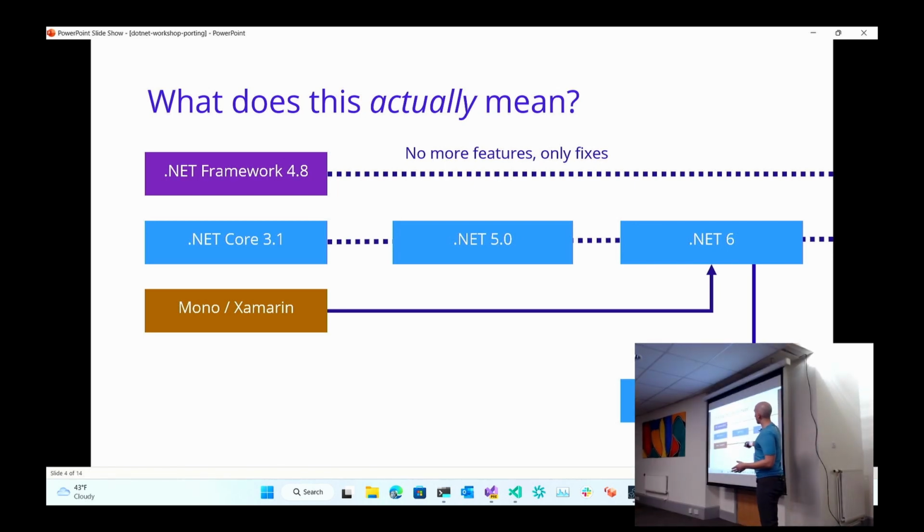If anybody has gone from .NET Core 3.1 to .NET 5, they know how painful it was, right? In a lot of cases. But going from .NET 5 to .NET 6 or even .NET 6 to .NET 7 is substantially less painful, because the hope is that if it's painless to do the upgrade, we're talking about upgrading a couple of files and maybe moving to some different method signatures that have been deprecated, they can always be on the latest. So even though this is LTS, Microsoft still really, really wants you to be on the latest versions, for a lot of reasons. Performance increases, developer productivity, and a lot of other cool things, right?